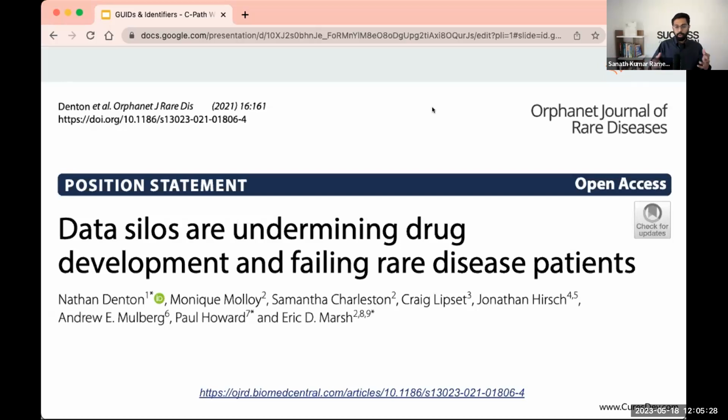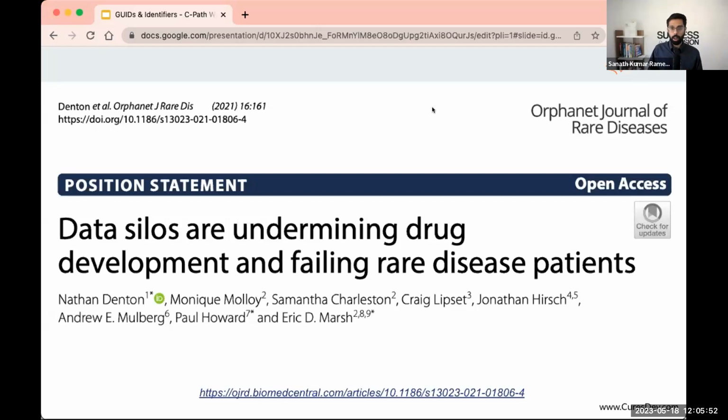But first, I want to highlight this paper that some of my friends and colleagues in this industry have written. When I read the paper during the middle of the pandemic, I thought, wow, this is bold. If you read the abstract, they don't go soft because of the magnitude and the impact of problems that data silos are creating in the industry.